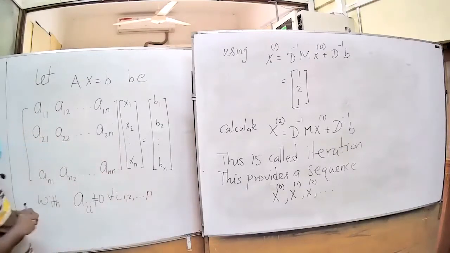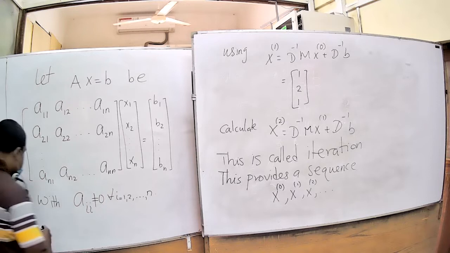Right, so suppose that we have a system of equations, right? So n cross n system of equations given by this, and also let us assume that we have all the diagonal terms non-zero, right? So in case you have diagonal terms zeros, you can always interchange the two rows, right, to get non-zero diagonal terms, right?